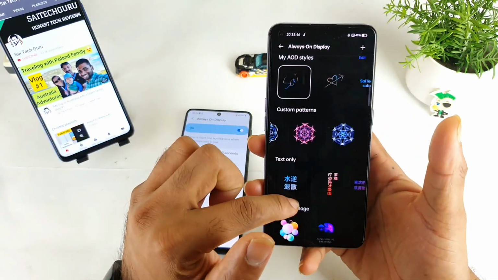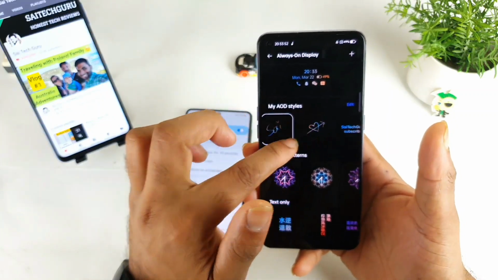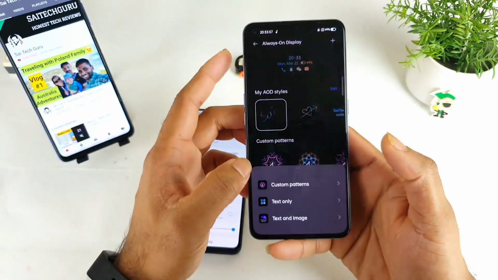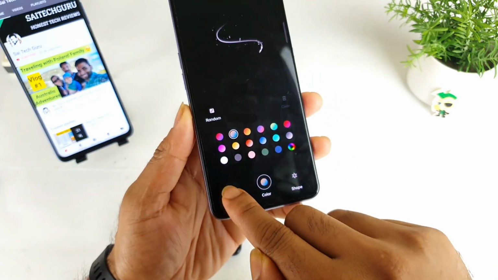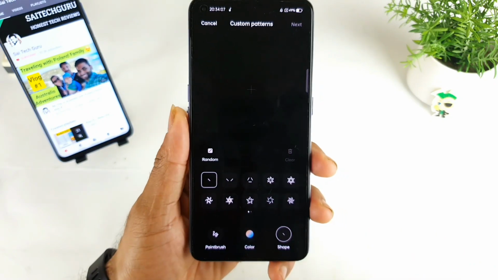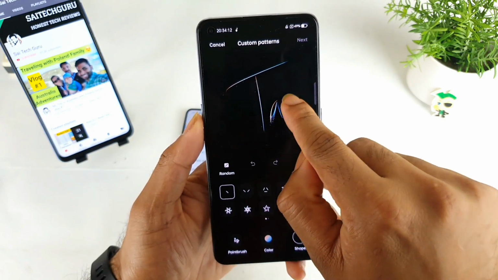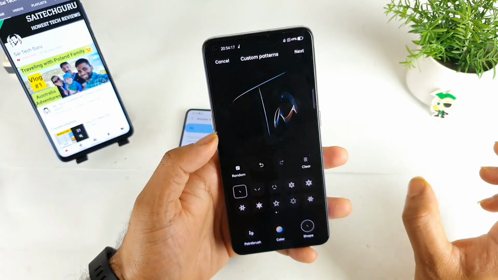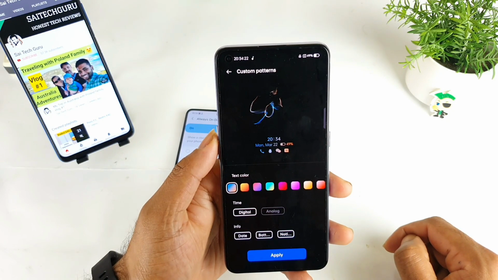Right now, in the Realme phone I liked these custom patterns, where you can create your own custom pattern. Just click on this plus button and create your own. You can draw your own design by selecting what type of brush and what type of shape you want. Let me select the straight line, so I can draw any letter, and this will create some kind of pattern. That's a very good advantage which you have in this phone. That's how I created this name, Sai, as you can see, friends.